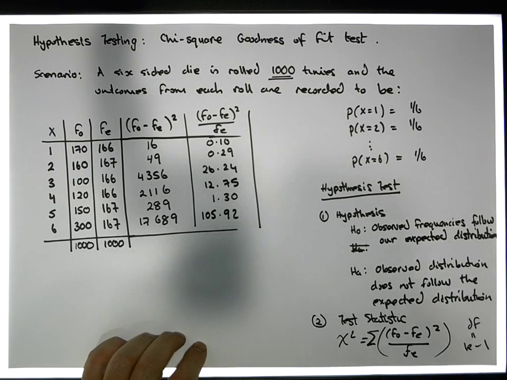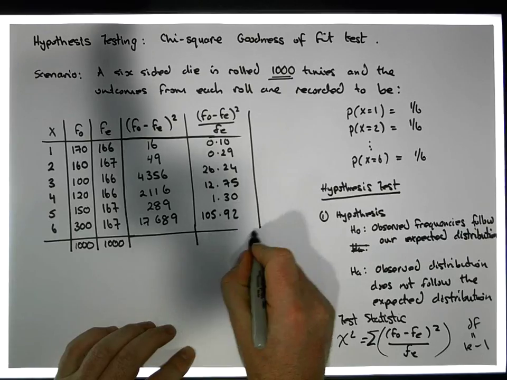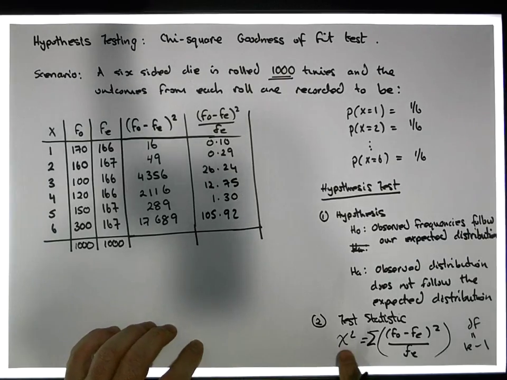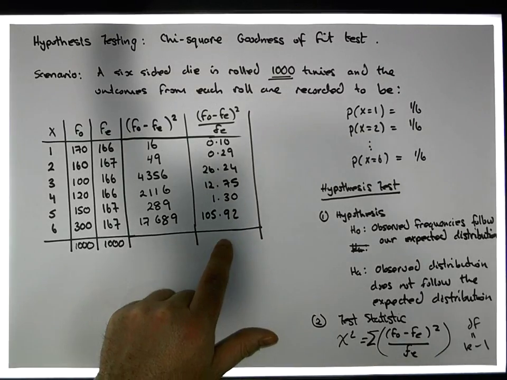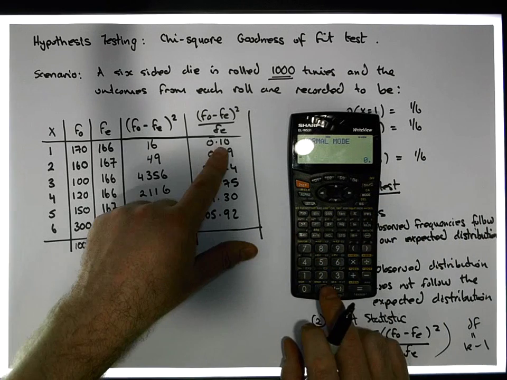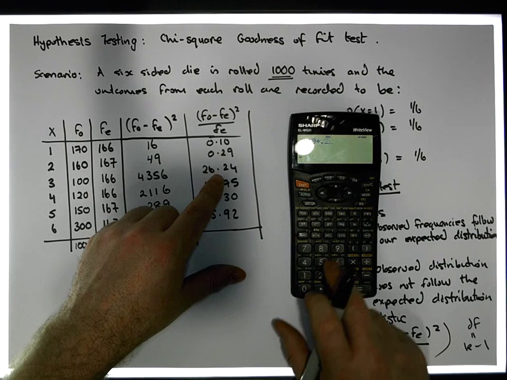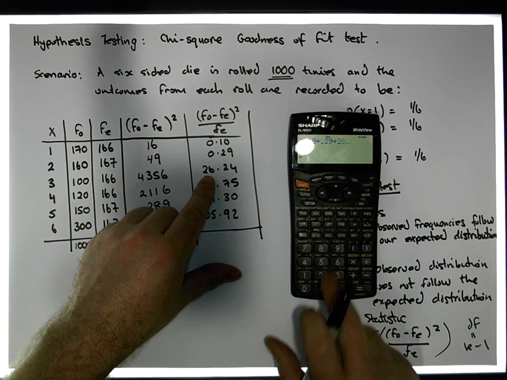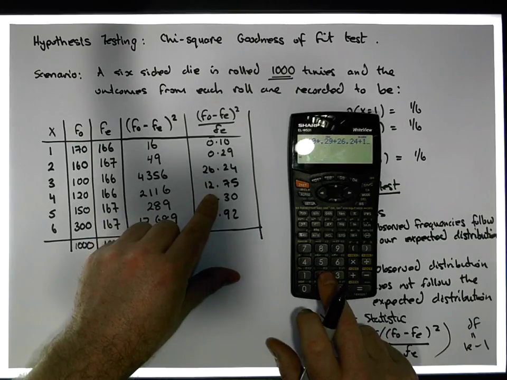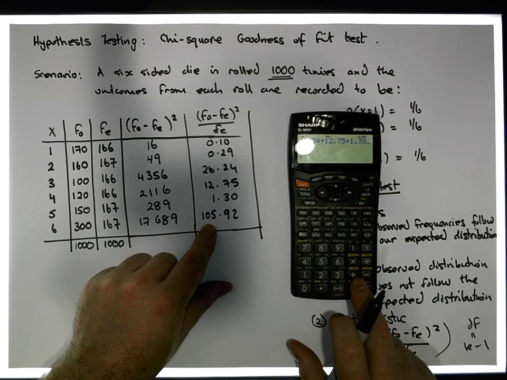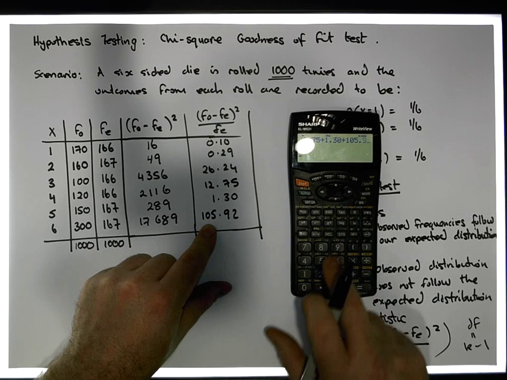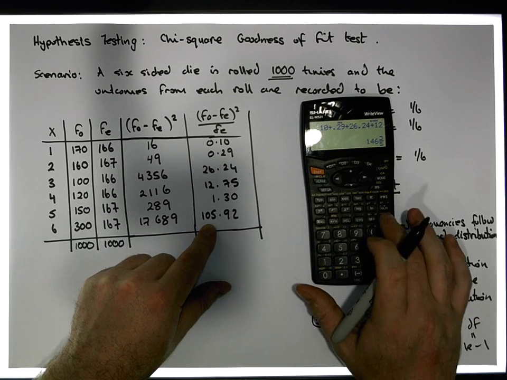Okay. So our chi-square test statistic is defined to be the sum of these squared distances relative to the expected frequencies. So it's the sum of them. So I need to sum up this column here. When I sum up this column, I have 0.10 plus 0.29 plus 26.24 plus 12.75 plus 1.30 plus 105.92, which gives us a value of approximately